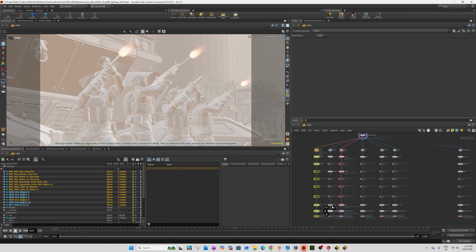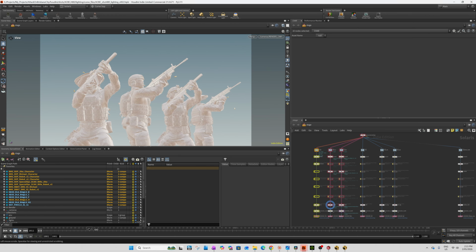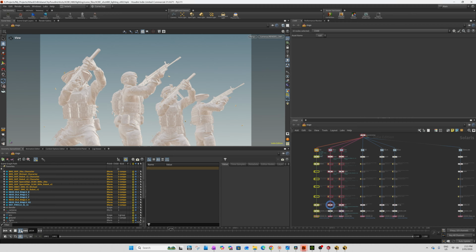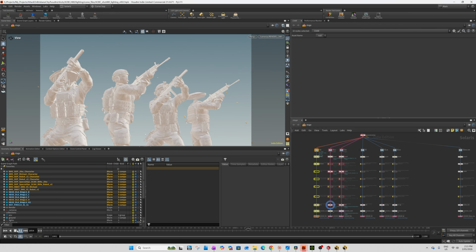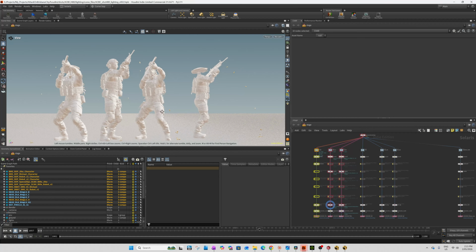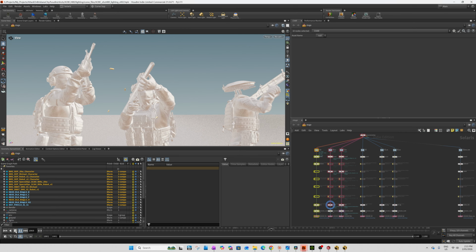I got the shells coming out of the guns. See there? This was actually a cool setup I created where the bullets come out at the same time that the muzzle flash happens.